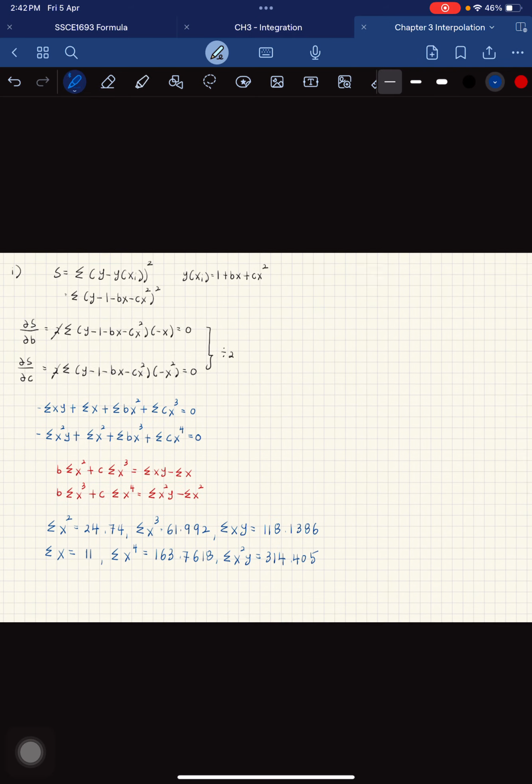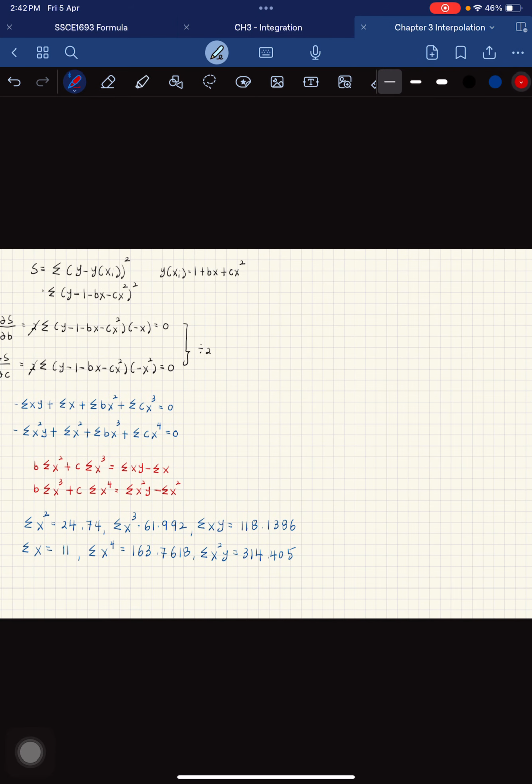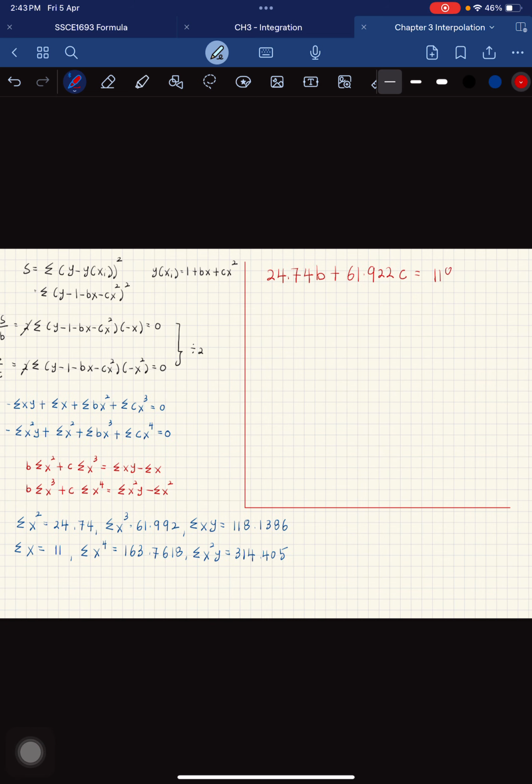Okay, now substitute into the equation. Summation x squared, so 24.74b plus 61.992c equal to summation xy, 118.1386 minus 11,